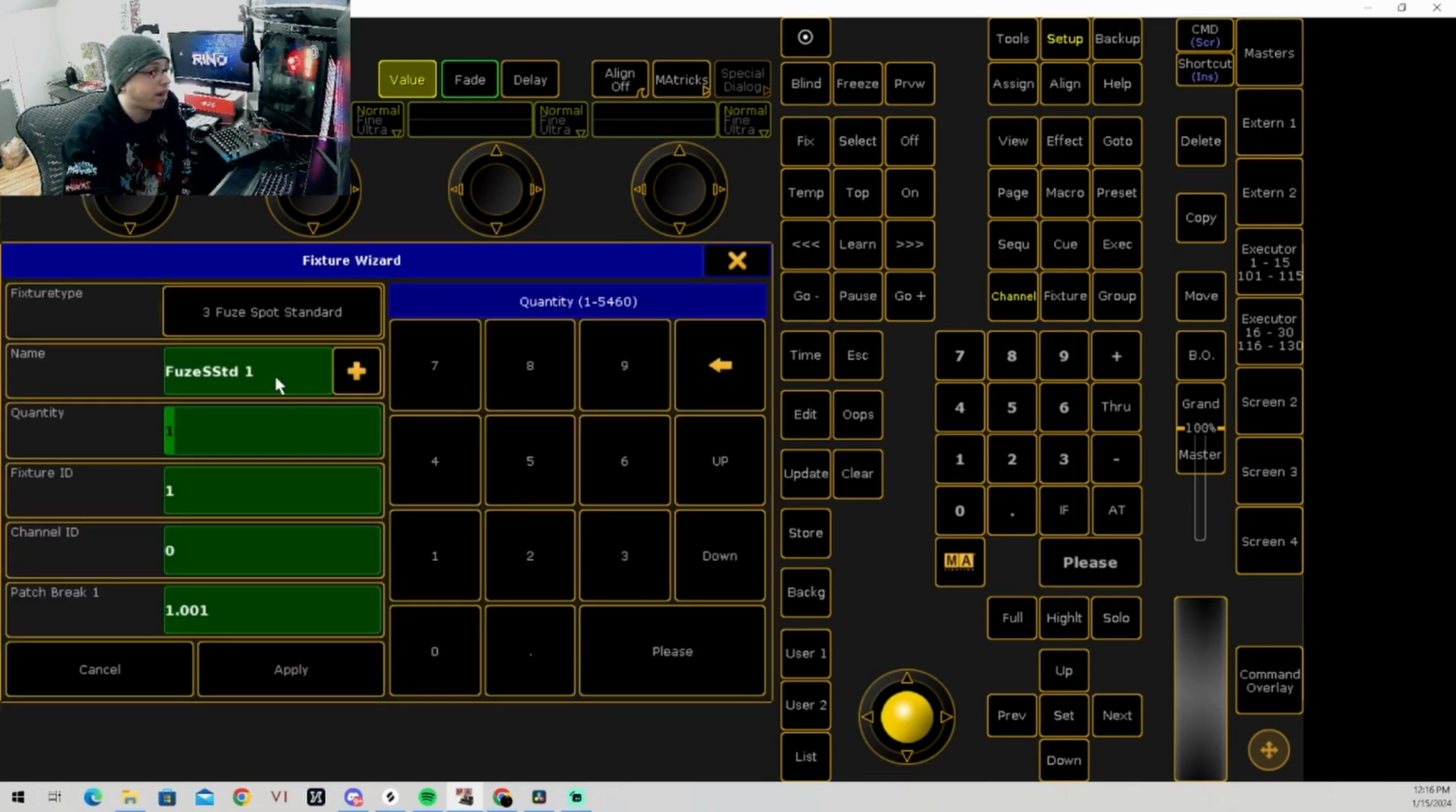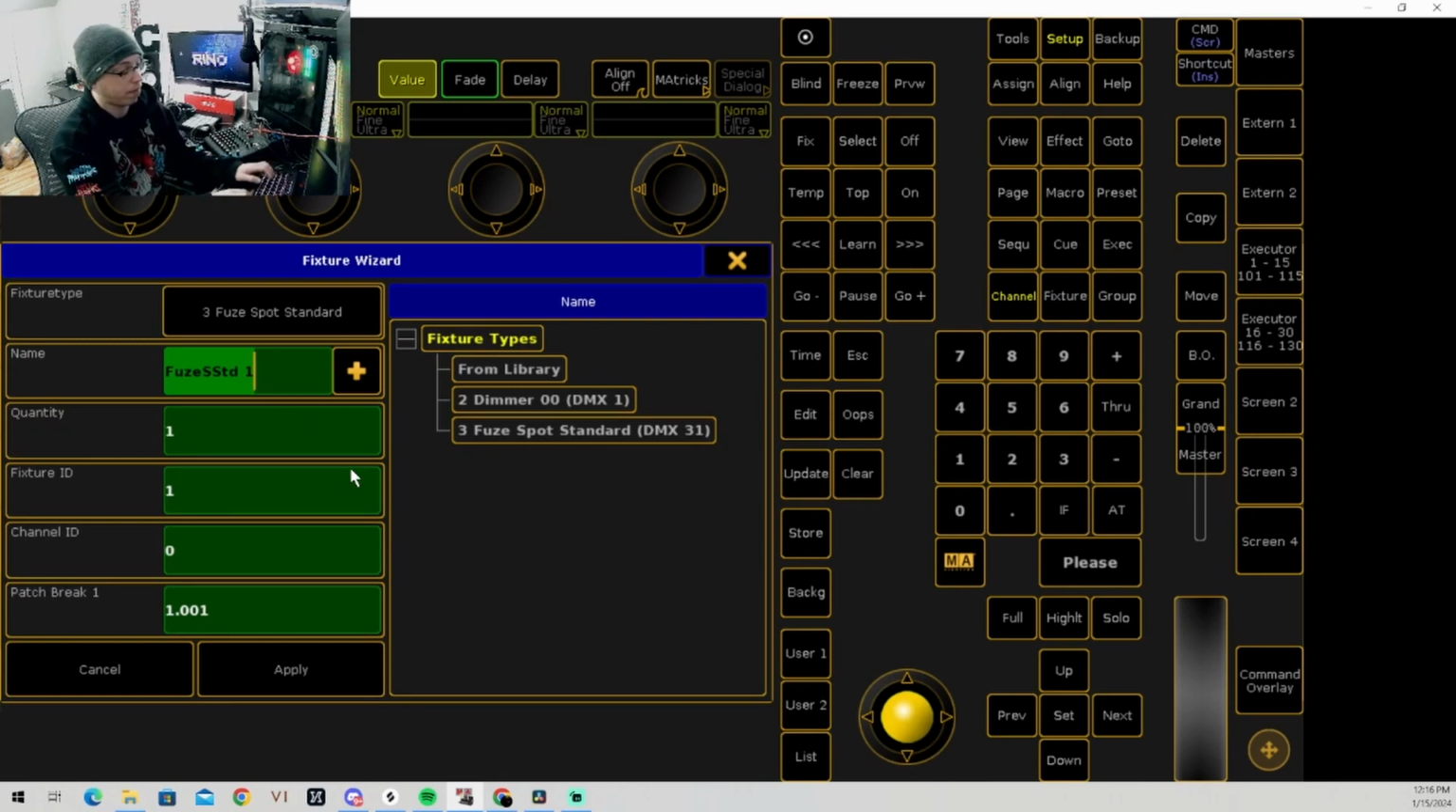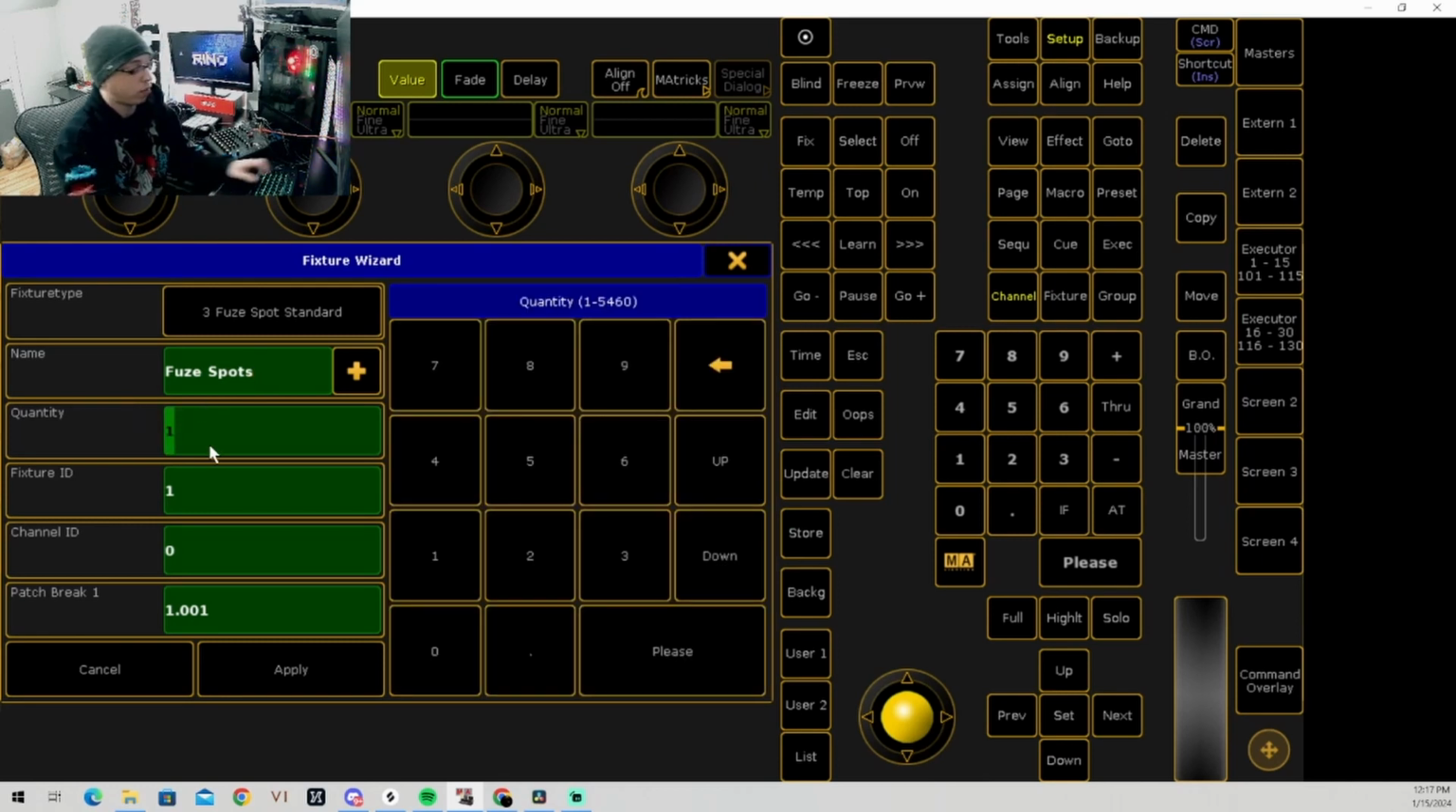From here, we can name the fixtures. I'm going to name them Fuse spots, and again, you can name them by anything really: where the light is located, what it's doing, what type of fixture it is. I'm going to do what type of fixture it is for the sake of the video. So we got Fuse spots. Let's say we have 10 Fuse spots, so we're going to put that in the quantity,